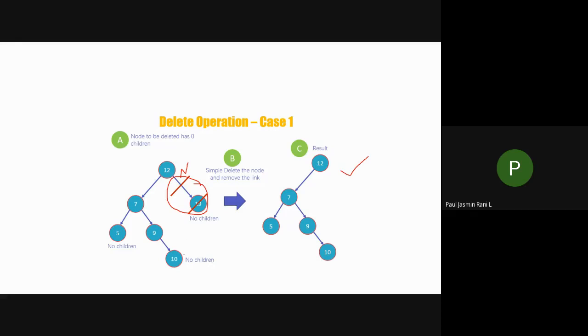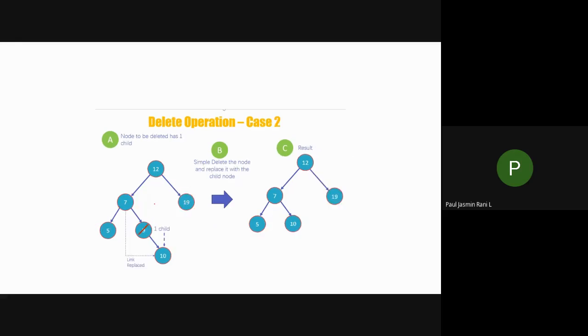Not only for this one, if I want to remove this particular node 10 or this node 5, in all these cases you have to follow the same procedure. For this one, I have to mark the right child as null. Similarly, if I want to remove this 5 node, I will mark the left child of this 7 as null. And for the right child, I will keep the 9 node address as it is. So these are the changes you have to do if I want to perform a deletion operation for case 1. Next, go for case 2.